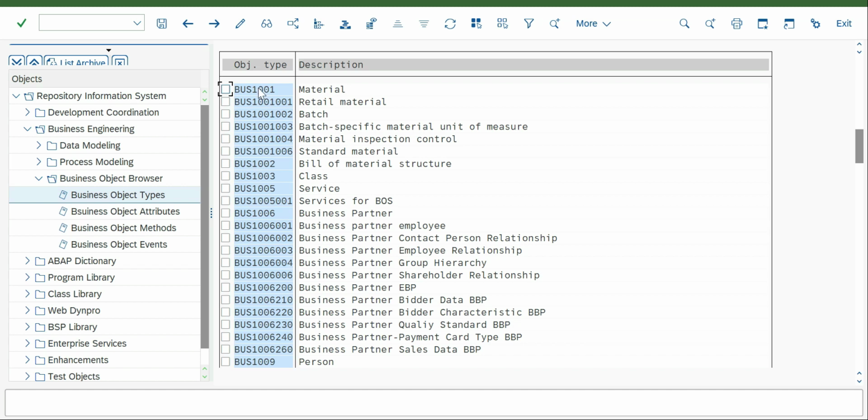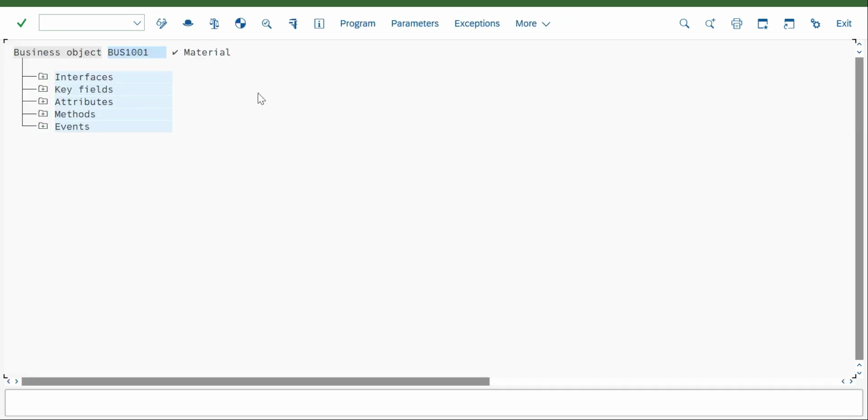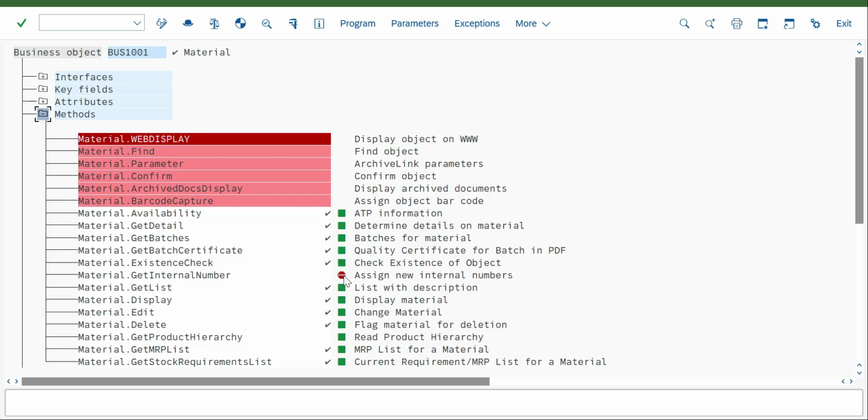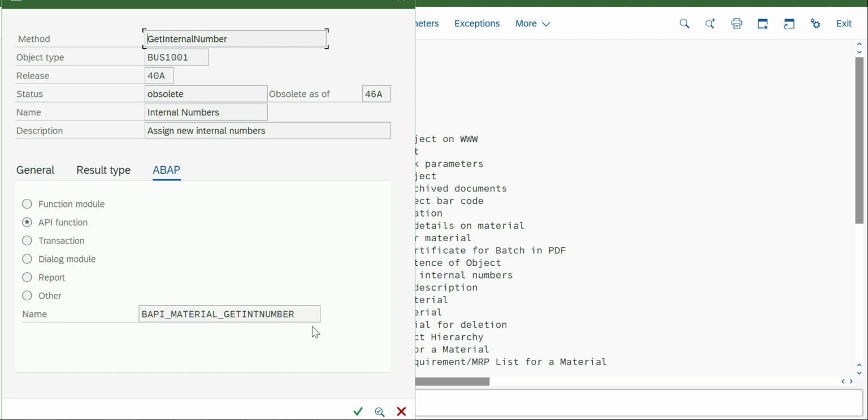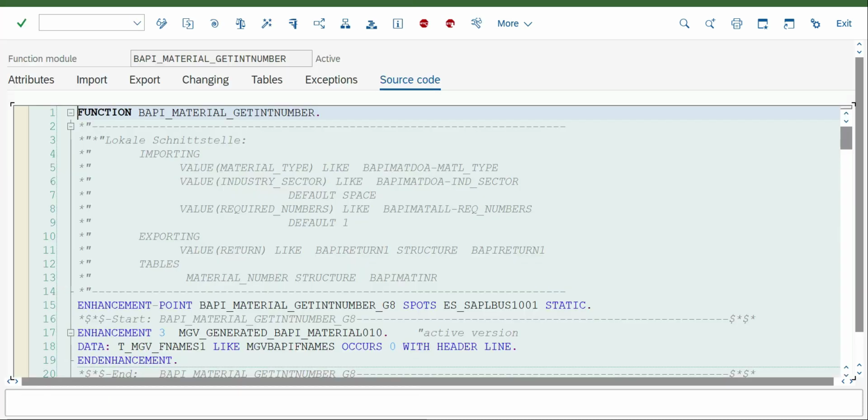Let's see this. So those are obsolete. If you see the stop sign, yeah, this is. So even here, GetInternalNumber is a method, and there is some assignment happening. So you don't get a hand tool, but if you double click, here you're able to see what BAPI is associated with this. So still you're able to use it, but if you see in the BAPI transaction, they mention very clearly